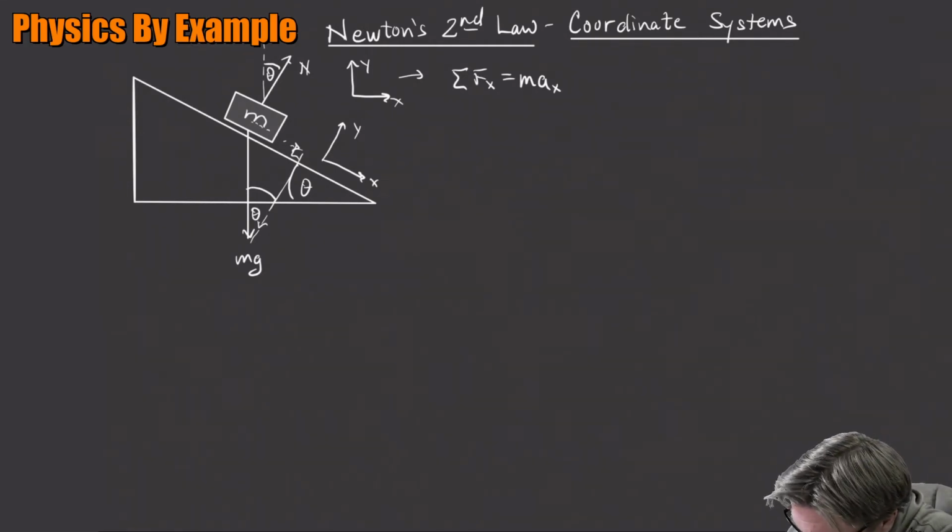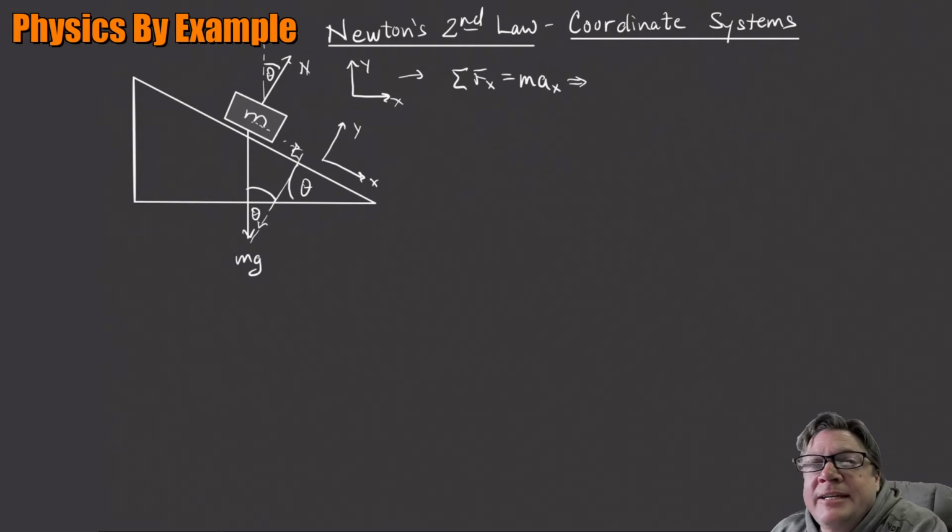So what forces are acting in the X direction? Well, I got a little bit of that N going in the X direction, right? It's tilted to the right a little bit. And that's a vertical angle theta. So you got to be a little bit careful. The thing that we want is the x component. We want the x component of that normal force. That's opposite to the angle, right? So that gets a sine, not a cosine. So this is going to be